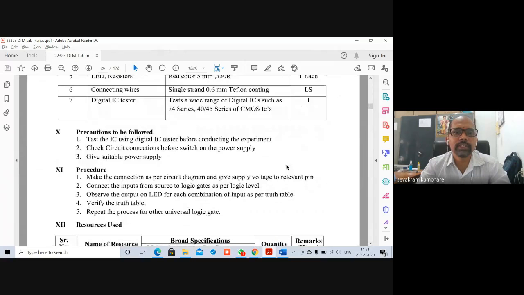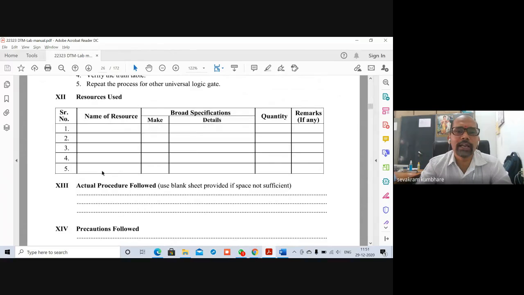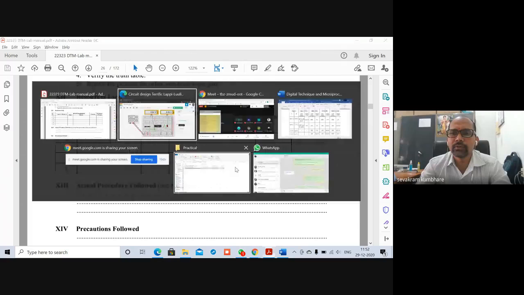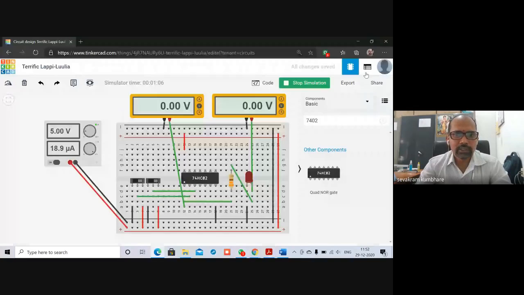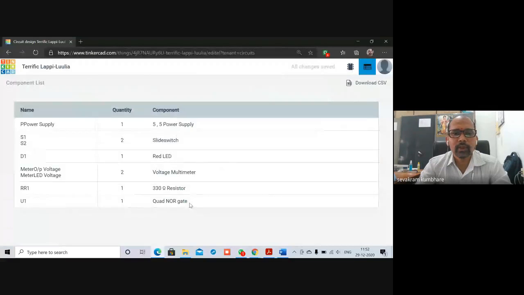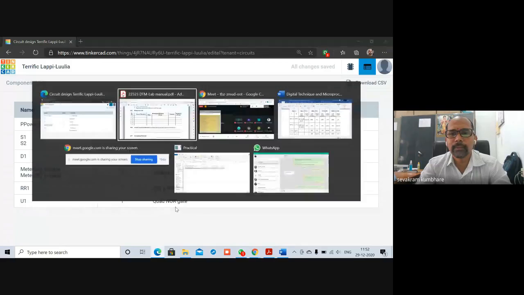And in observe this resource used, what you will do, you will add only one thing, IC, that is 7402. Okay, IC 7402, which is called NOR gate, quantity 1,